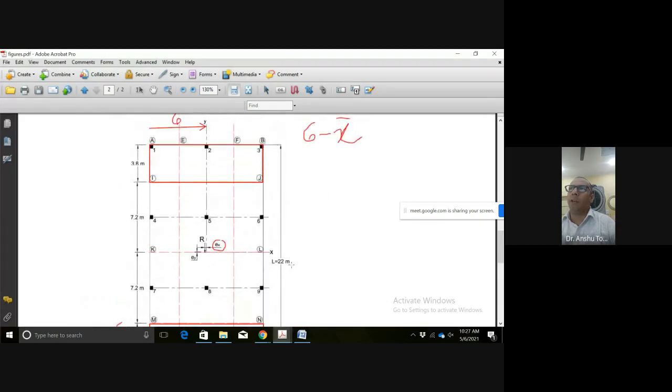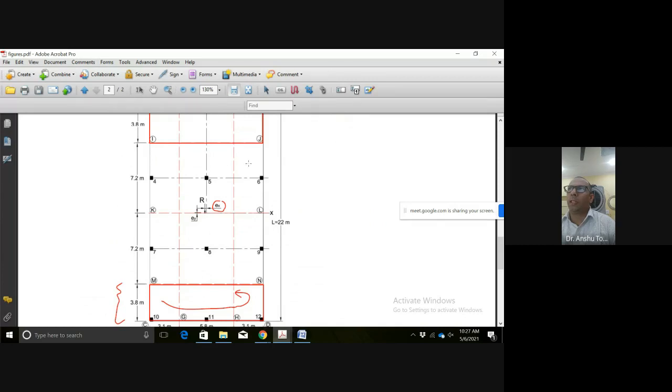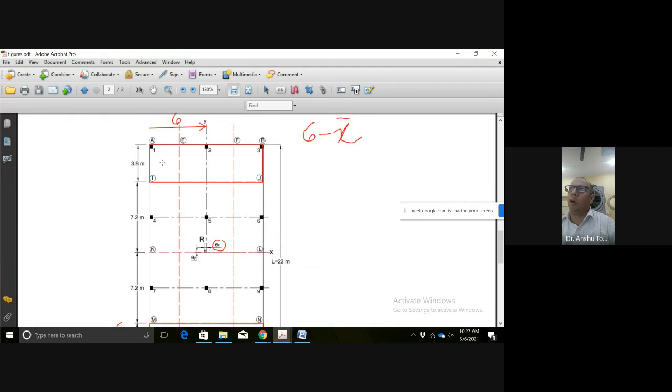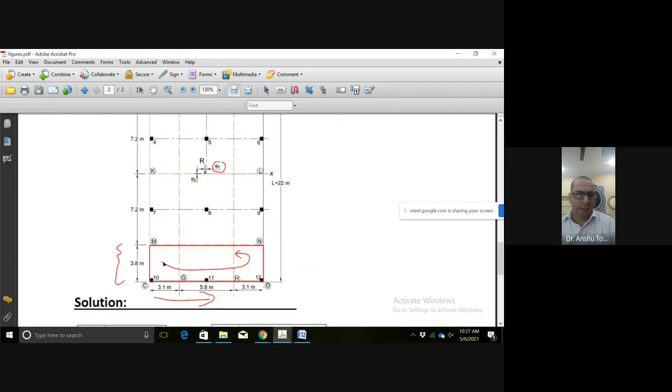So how many strips have we got? 1, 2, and 3 in y direction, and 4, 5, 6, and 7 in the x direction. So finding out the ultimate stress values, which act from downwards to upwards on the raft as soil reaction, that is average load acting from bottom to top. This is the next step, step number 6, for finding out the shear force and bending moment diagram.